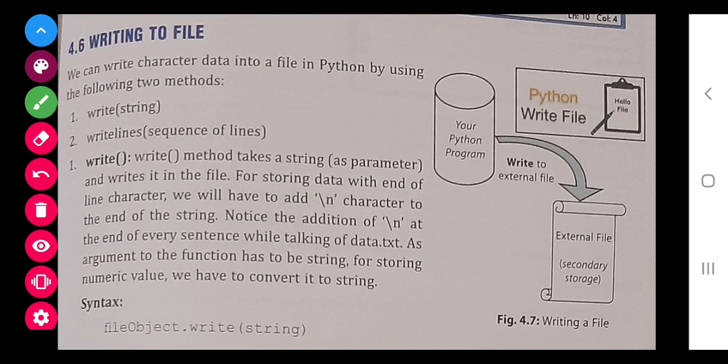So this we have done. Now our next topic is writing into the file. While writing into the file, only strings can be written. Numeric values cannot be. So for that we have methods. How to add a numeric value, that also I will teach you today. So first of all, you see